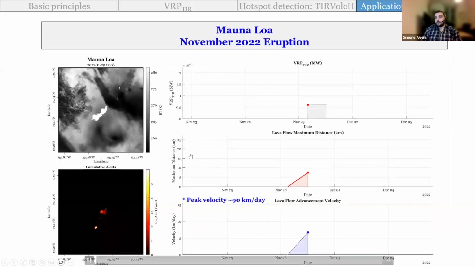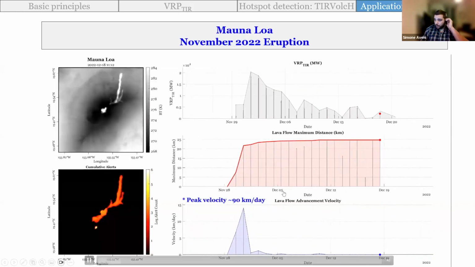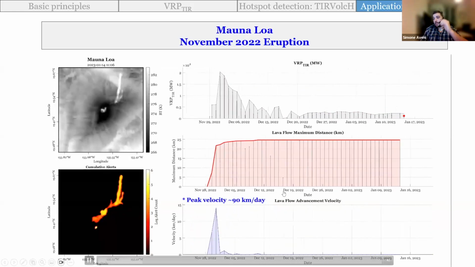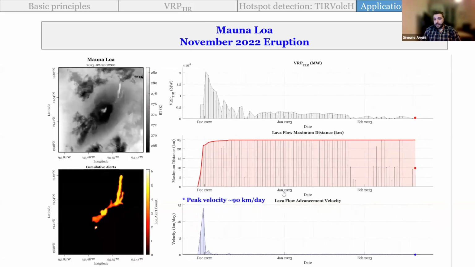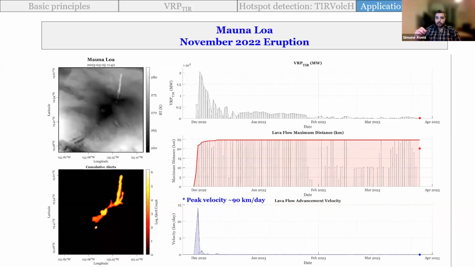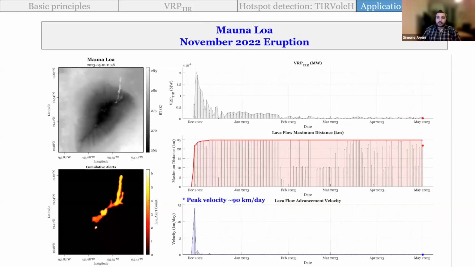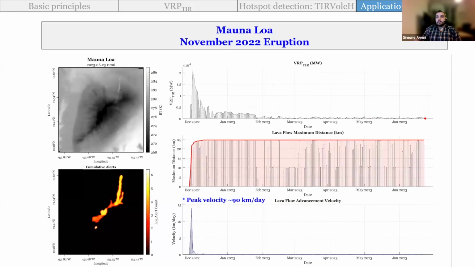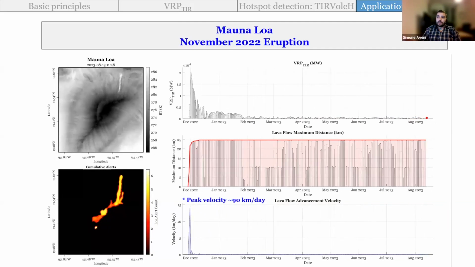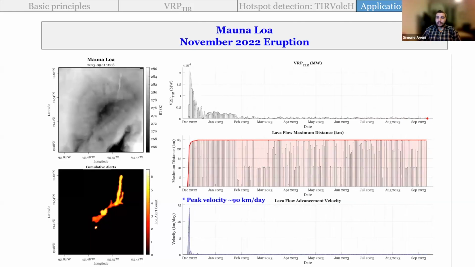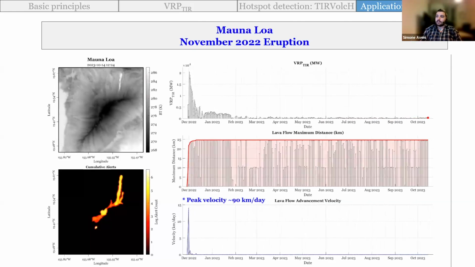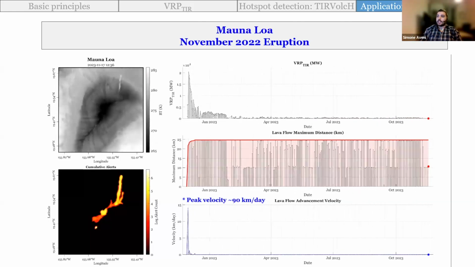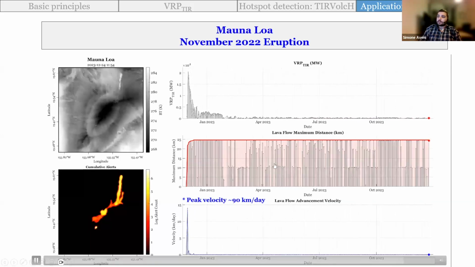And we can do the same, for instance, for Mauna Loa. Here, I do apologize. Initial velocity was 90 kilometers per day. We were able to get that image just an hour and 45 minutes after the start of the eruption. But because I made a mistake, I omitted that image. So the calculation is not right in terms of peak velocity. We should have an initial velocity of 90 kilometers per day.